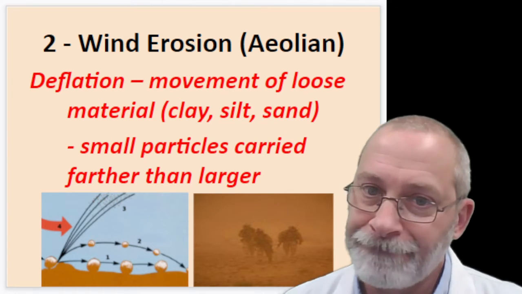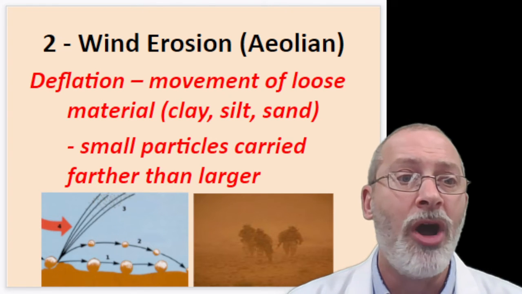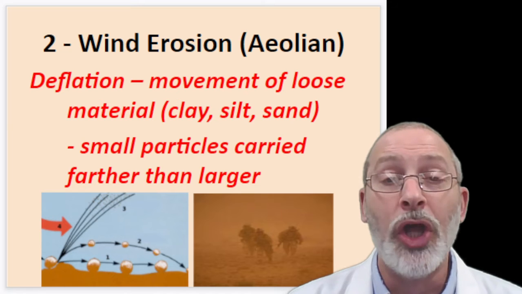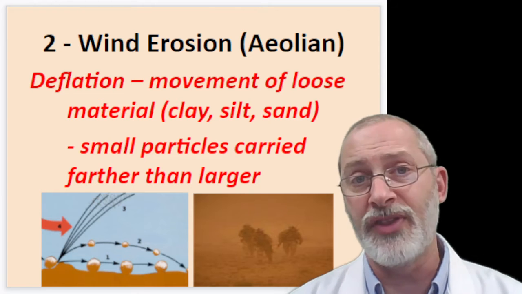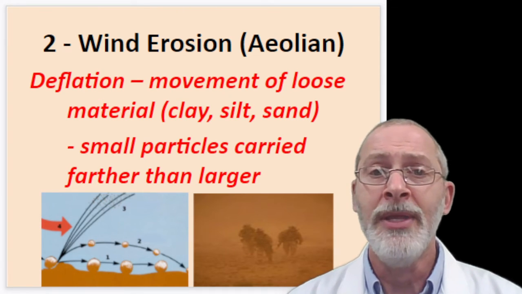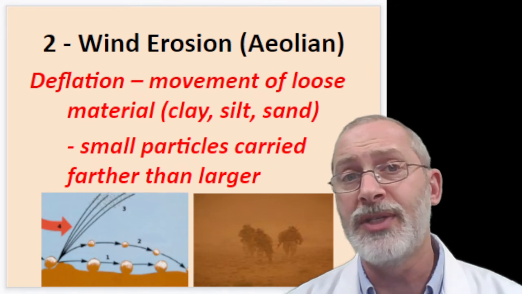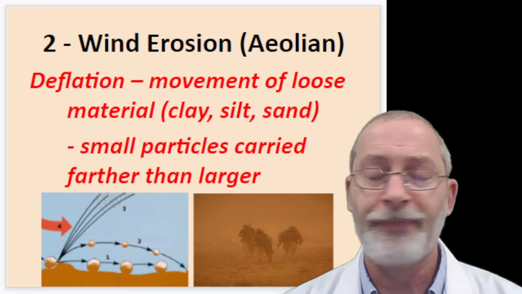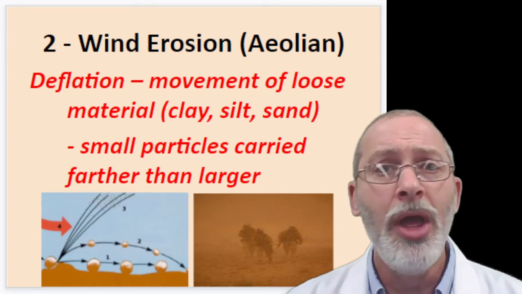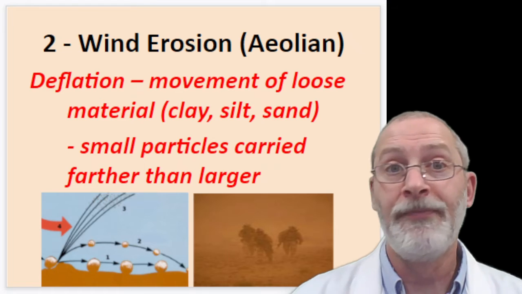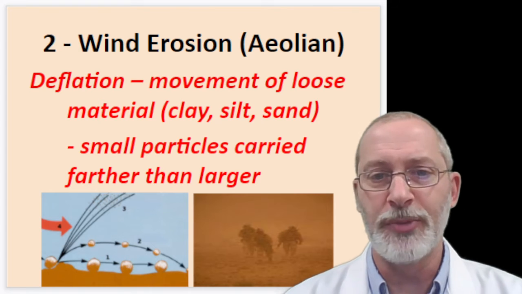All right, so again, as the diagram was explained, small particles are carried farther than the larger particles. And you know what? This is also true in streams, and we'll get to running water in a little bit. In streams, the smaller particles are going to be carried a greater distance than the larger particles will be. Same thing with wind. In fact, many scientists consider wind and water both to be fluids flowing from one place to another, even though most of us probably think of fluids as just being liquids.